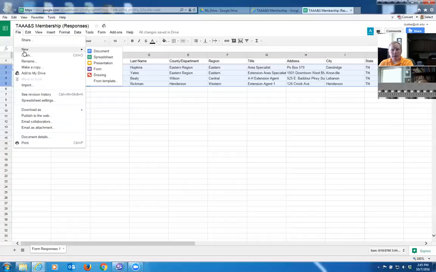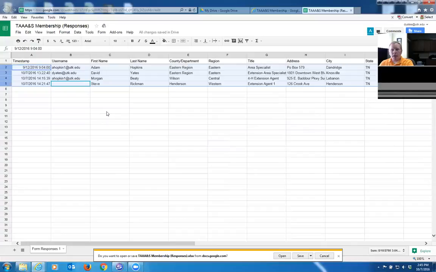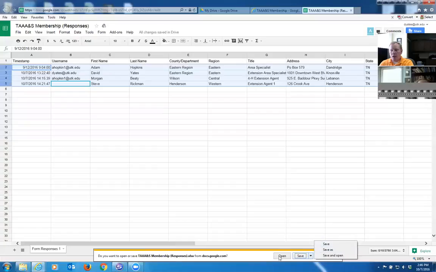The other option, if you feel more comfortable with it, is that you can save this and send it back down as an Excel file. If I click on my File tab up at the top left of the screen, go down to Download As, I see an option for Microsoft Excel. If I choose that, I'm using Internet Explorer. It comes down at the bottom and it says, do you want to open or save this file from googledocs.com? I could say yes, save it, and I could do a save and save as, or I could then